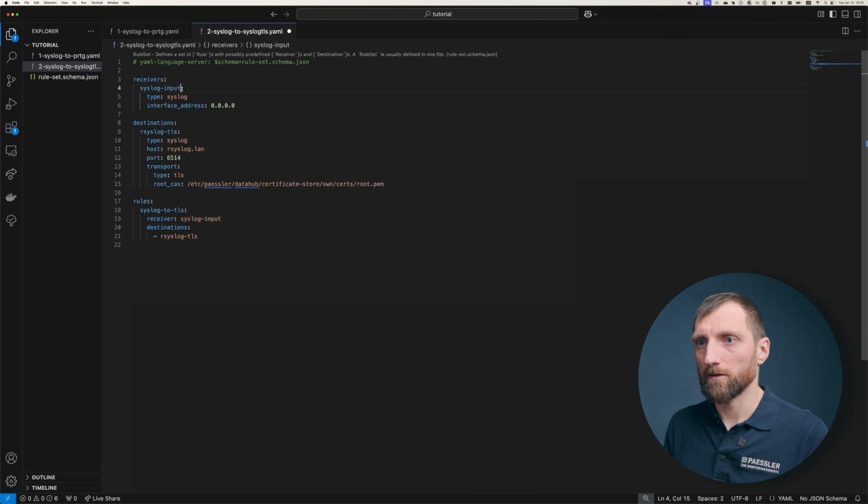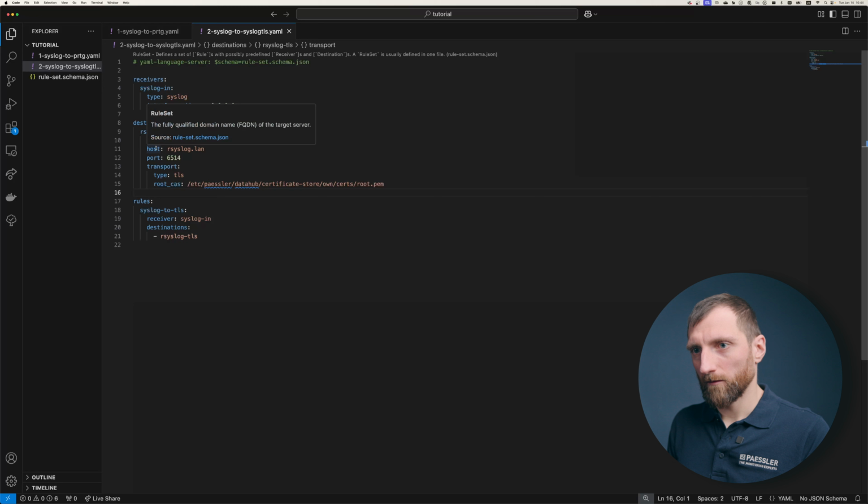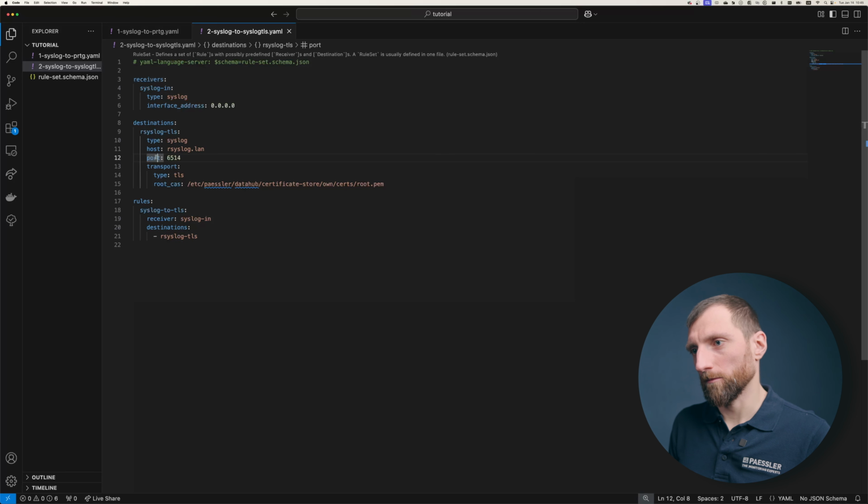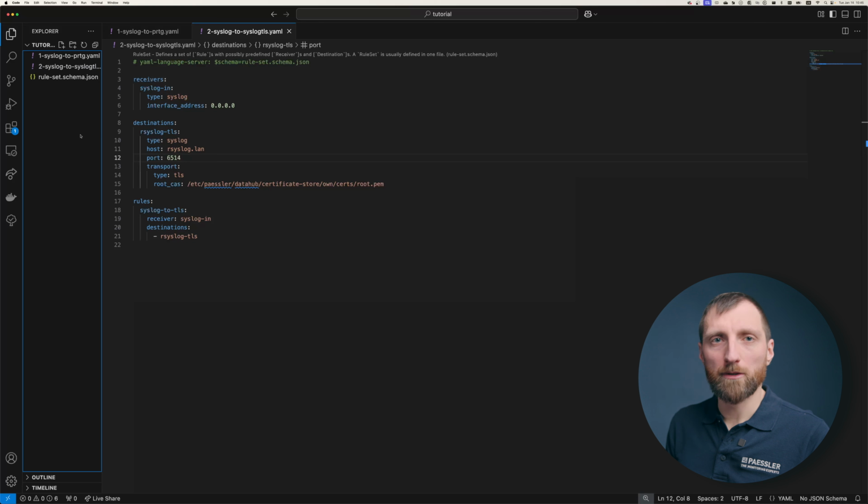Perfect. Let's call it a little bit different. Let's call it syslog in. Perfect. Okay, so we have this one. I will show you later the configuration in PRTG, how you can monitor metrics on that rule. We just have a look there and jump to that chapter, and here we continue with our next rule,